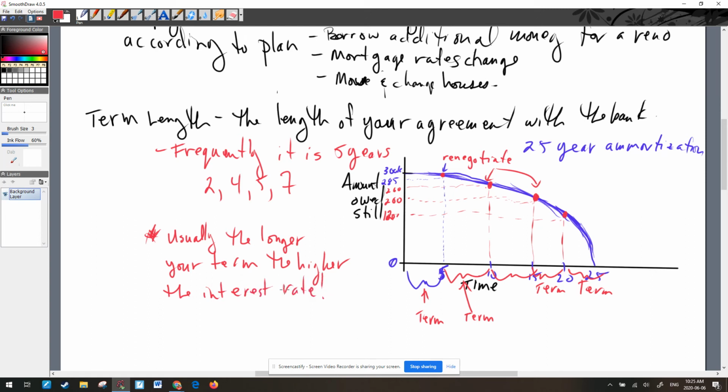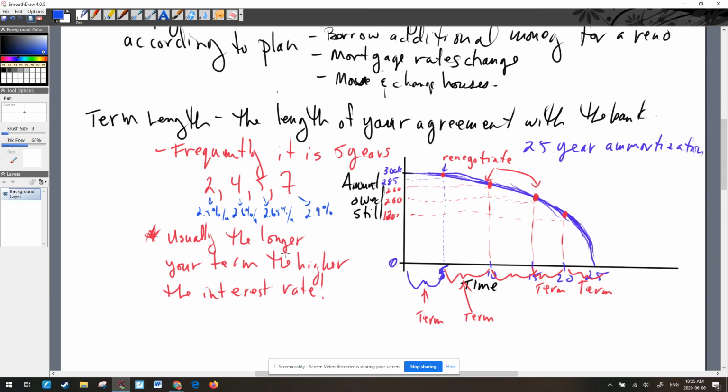Okay, and that's because the bank doesn't know how much the money is going to cost them in the future. So if you go out right now and let's say that you could find a 2-year term, they might advertise that at 2.5% per annum. And then the 4-year term might be 2.6% per annum. And the 5-year term would probably be like 2.65% per annum. And then for the seven, you usually pay a pretty decent premium, so it might be like 2.9 or maybe even 3%.